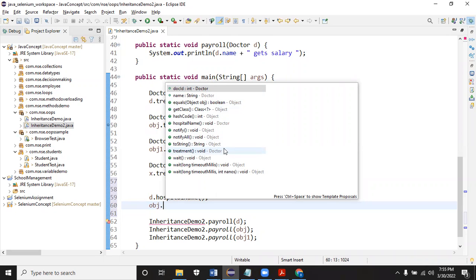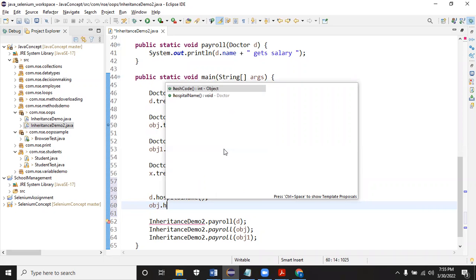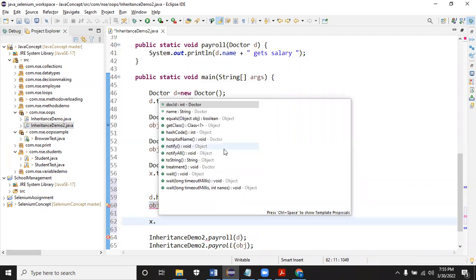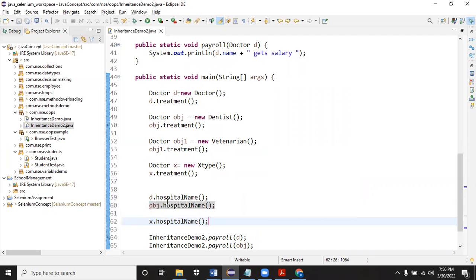Obj dot hospital name. Okay, X dot hospital name. Right now you see these methods we are calling. What you need to understand is this hospital name and all. You see the reference, D it's new doctor, and OBJ is nothing but new dentist.